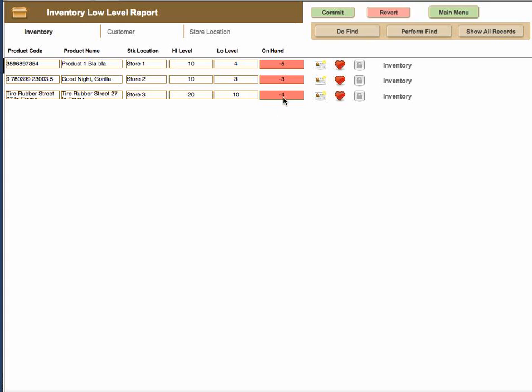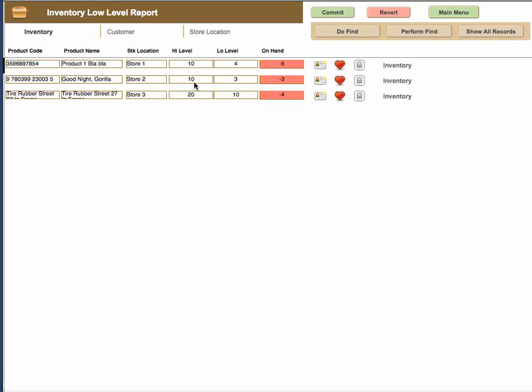If I'd put in 1, all the items that were 1, I would have to also add equal to, and then it would go ahead and bring in all the items with 1. It's just simpler to do the less than minus 0.5 to get all the records that have a low level. At that point, you would have only the records that have a low level on them, so you can go through individually and order them, or print out the record if you need to, or come back to it if you need to find all the items that you're going to have to order at that period of time